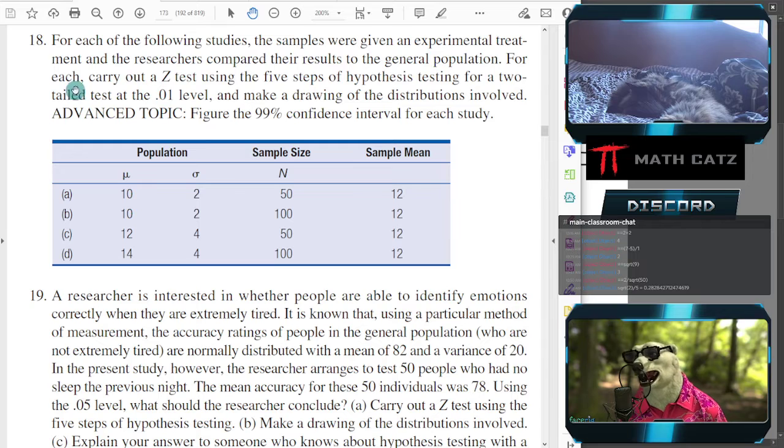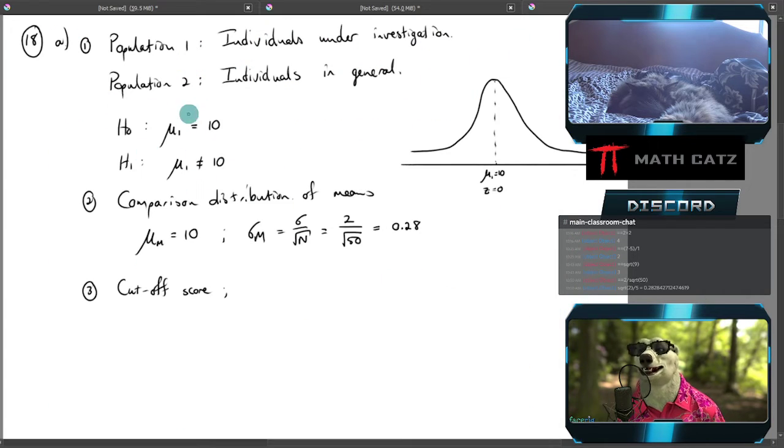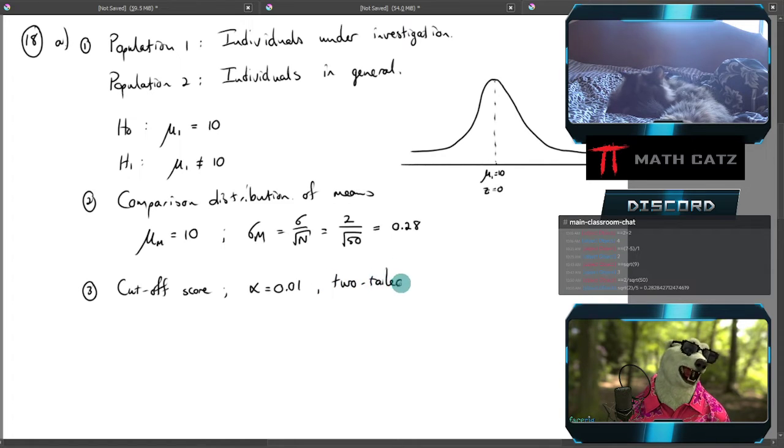Z-test, 5, two-tail test, 1%. Okay. Two-tail test, you can see that here as well. Alpha is 1%. Decimal is, of course, 0.01. I'll remind myself here that it is a two-tail test, but it fits with the setup of the hypotheses. So that means if I visualize that over here on my comparison distribution, I'm going to have my Z cutoff